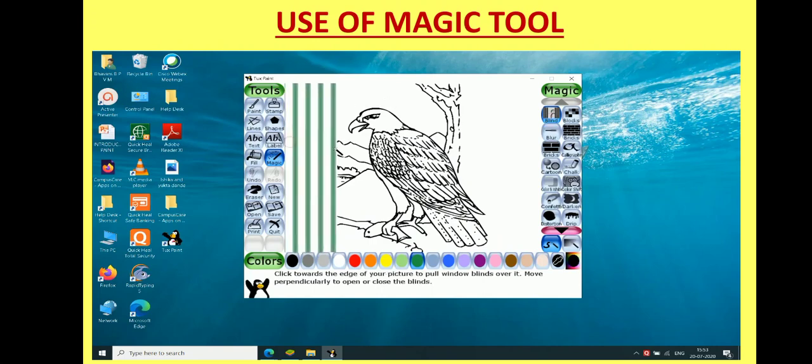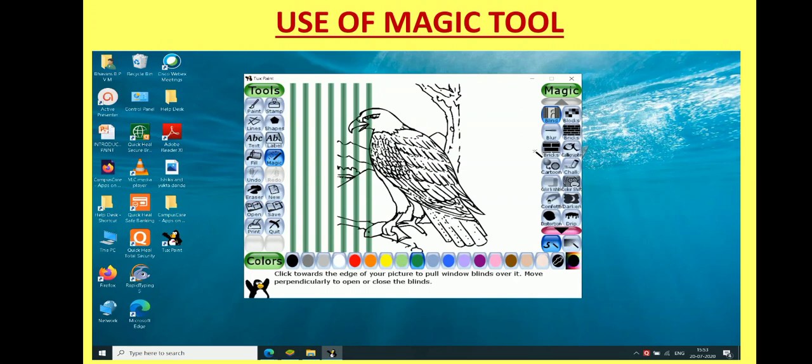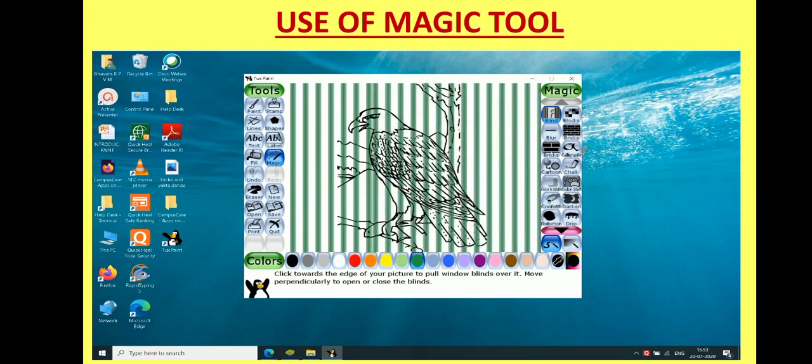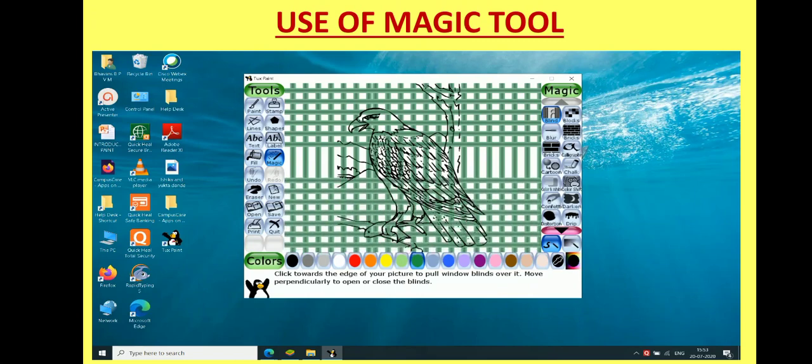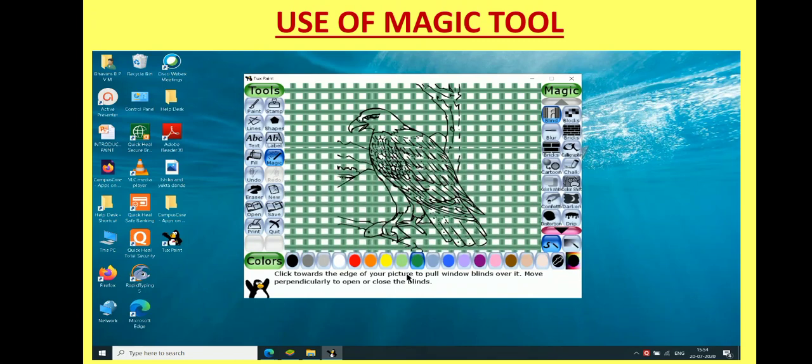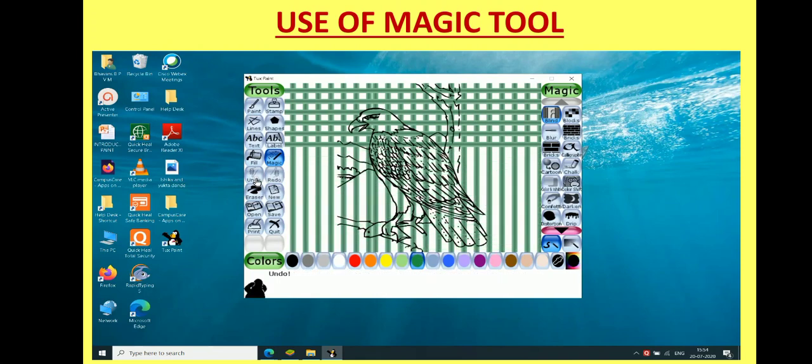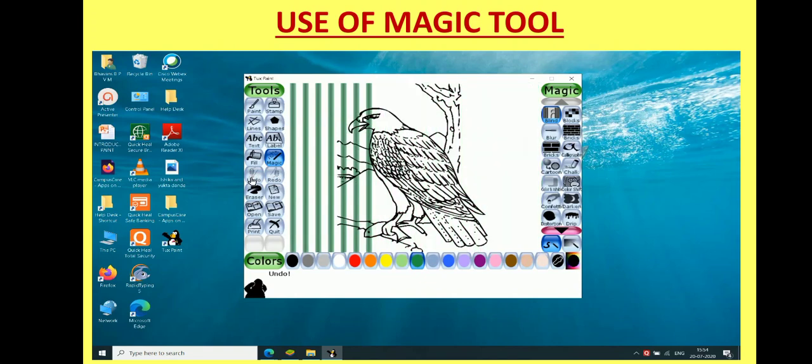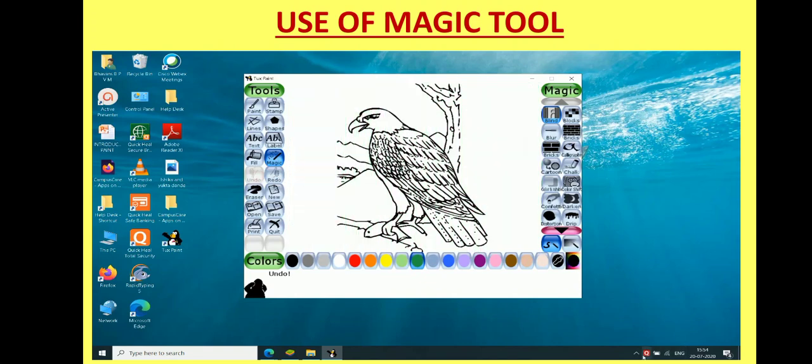Now if you click on blinds, keep the left mouse button pressed and simply scroll your mouse right, left, top or bottom, then you will see the blinds will appear in your drawing. You can even undo if you don't require any of the option that you have done as your last action.